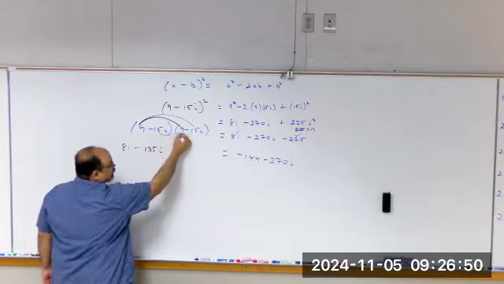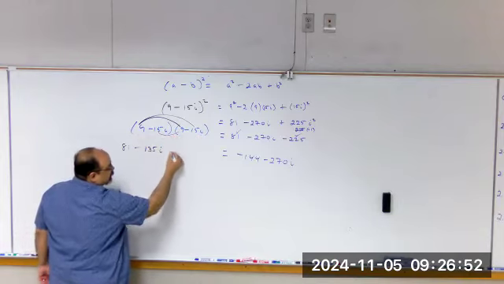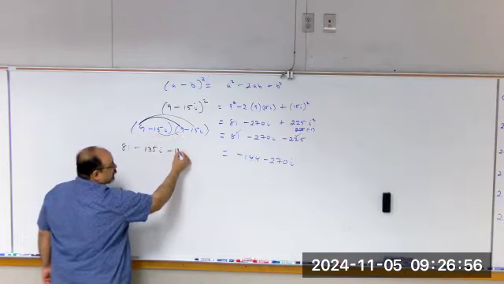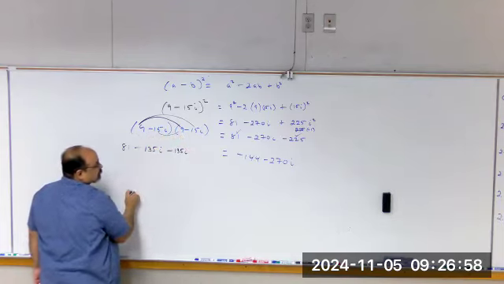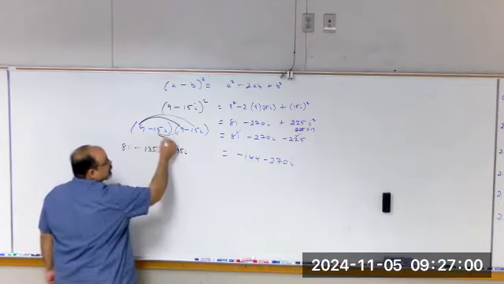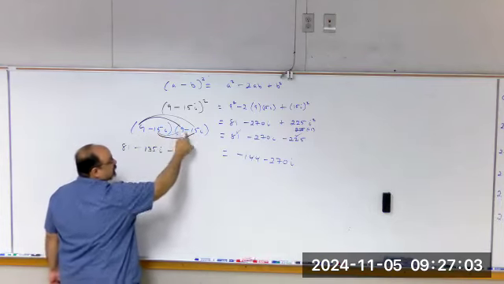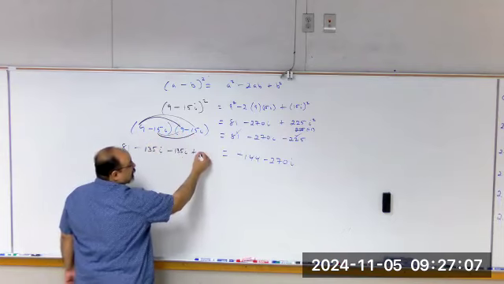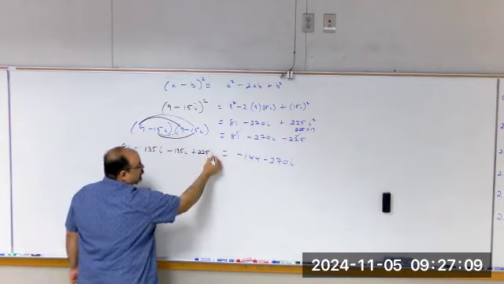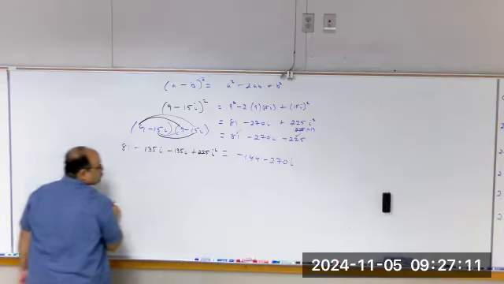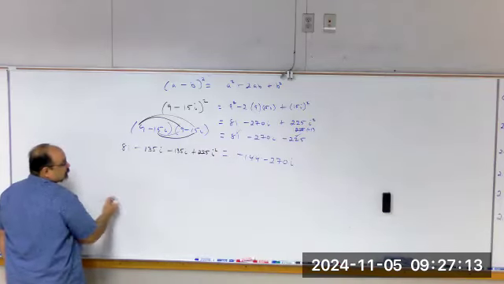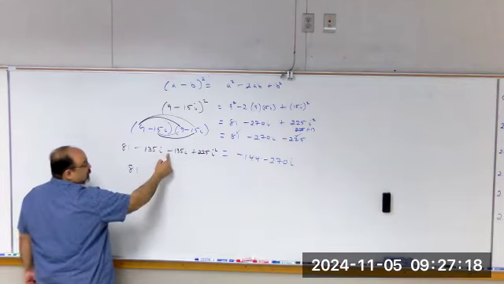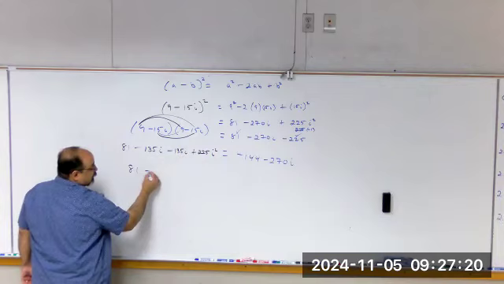And then inside times inside, negative times a positive, that's a negative. 15i times 9, another 135i. And then last times last, negative times a negative, positive. 15i times 15i is 225 i squared. So there's our 81, negative 135i minus 135i is negative